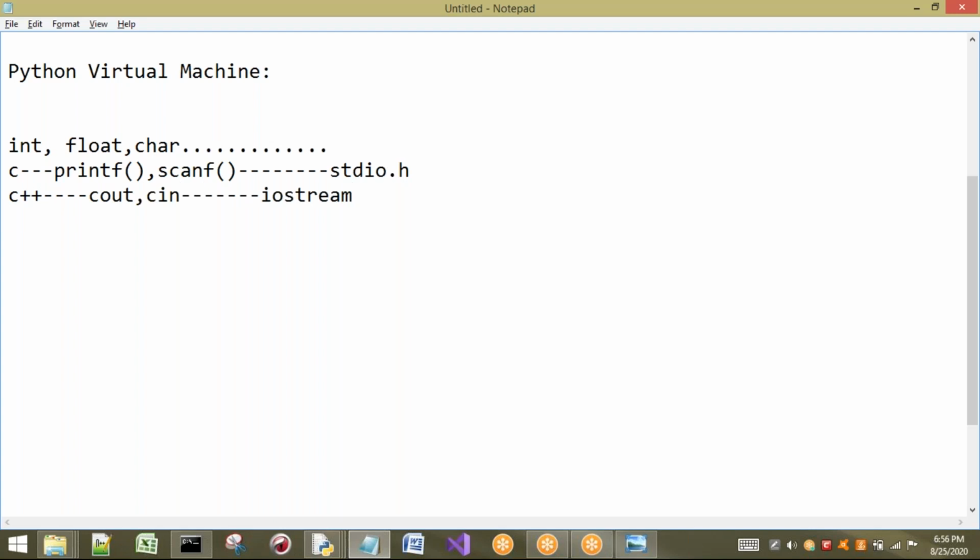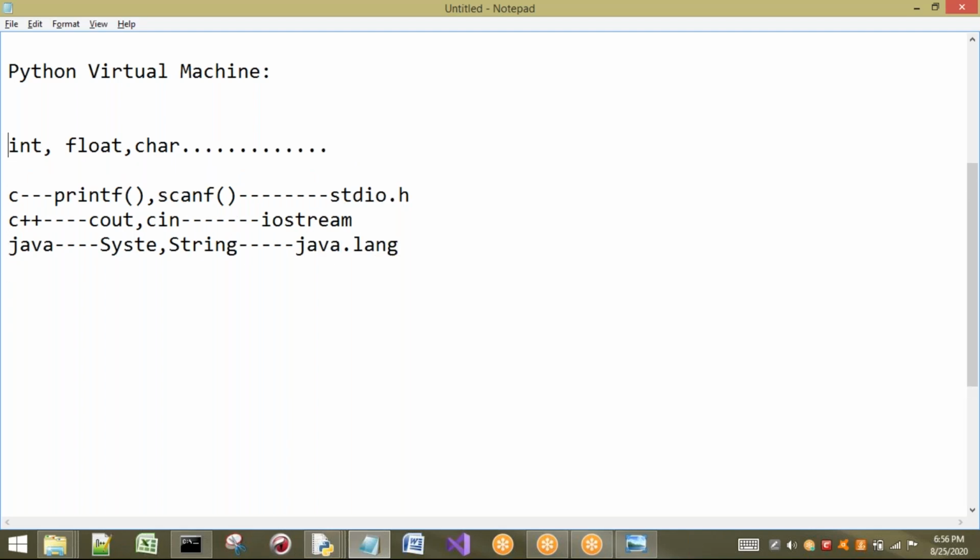Next, come to Java. If I am considering basic classes like System, for example String, these two are present in the lang package, so I have to use the java.lang package. So here we have clarity about these things, but my question is: where are int, float, and char present? Many people don't know where int, float, and char are present.